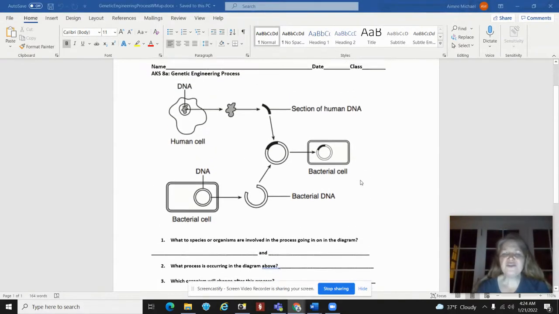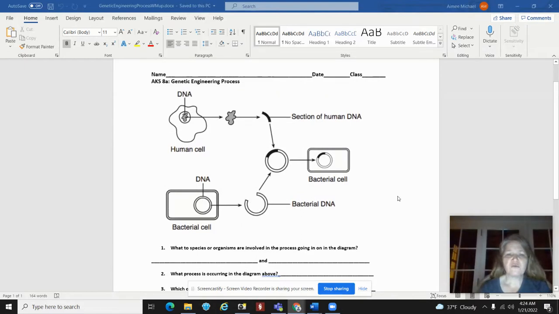Another way to look at this diagram is to write down what you see. Just the basics. Once you start annotating and jotting down what you see, it becomes clearer what is going on in the diagram. So, in conclusion, this diagram is showing us genetic engineering. Genetic engineering, in this sense, means that one organism is being injected with DNA of another species in